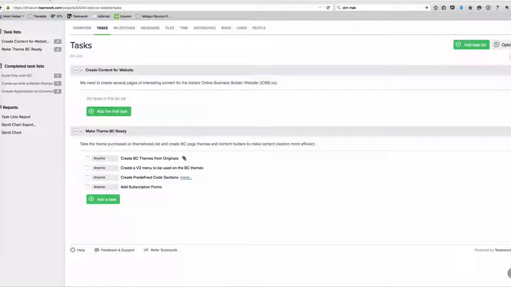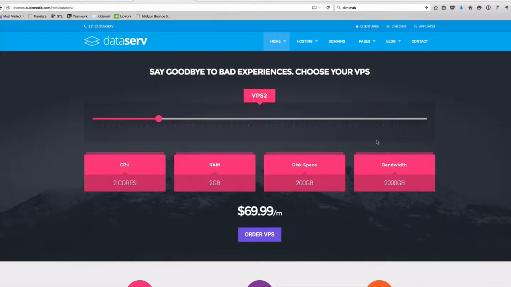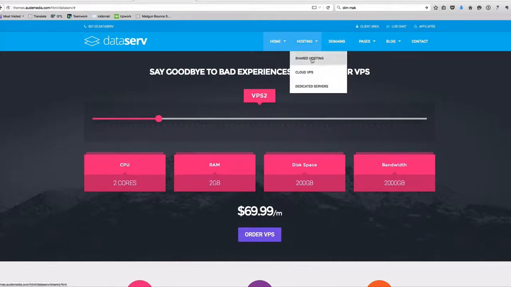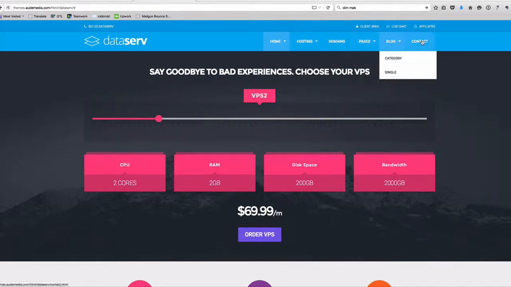I created a couple of tasks here for you. The first one is to create the theme from the originals, and I attached the zip file for you, so you just uncompress it. And basically, this is what it looks like. This is the original one, and you'll see that there's lots of different home pages and hosting pages and whatever else. Now, we're not using it exactly the same way, but the one thing that I want to do is